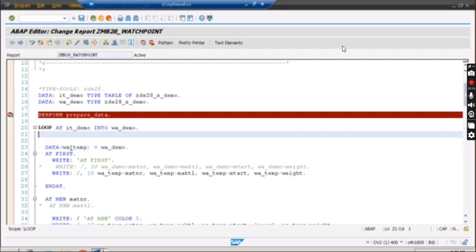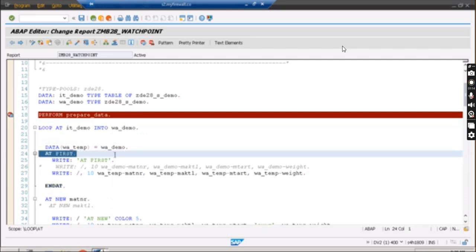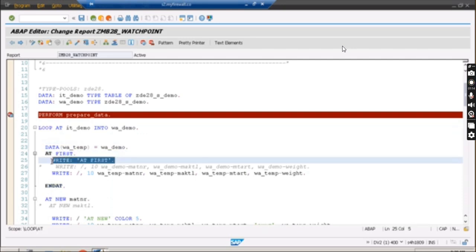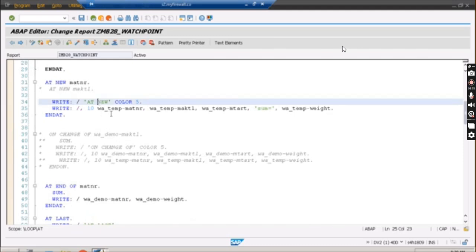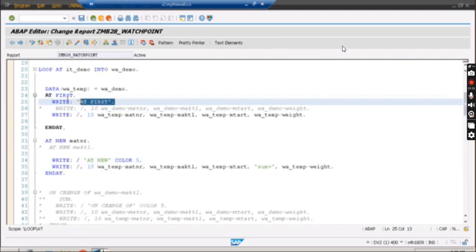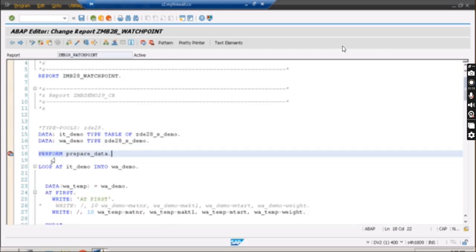In interviews they will sometimes ask: you have a big program, and you want to stop dynamically when you get a particular message with a message ID and message number, how will you find it? You have to answer that we will use the dynamic breakpoint, give the message ID and the message number there, and it will stop automatically. So that's how to use the watch point, as you have seen.